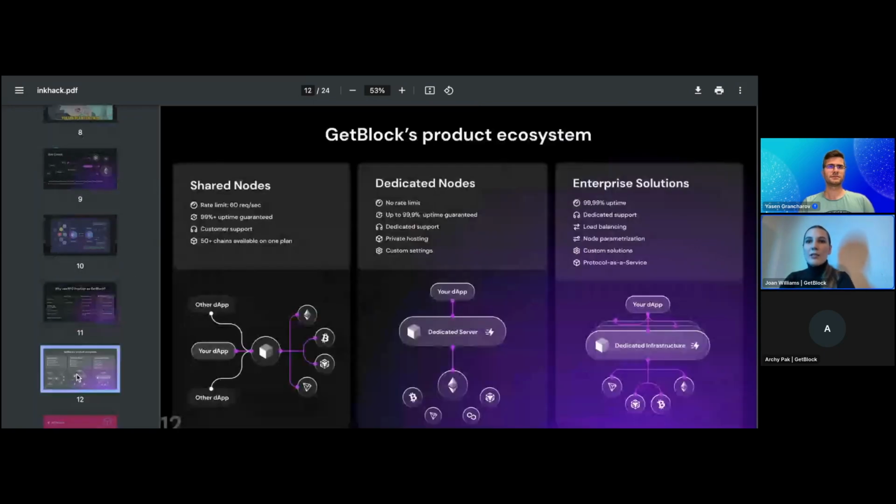And this is GetBlock's ecosystem. Usually any blockchain as a service offers a range of solutions that are tailored to meet the diverse needs of any client, of any Web3 business, and so does GetBlock. We offer shared nodes, which share resources with other users. That's why they're called shared nodes, obviously. And you can enjoy affordable and reliable connectivity